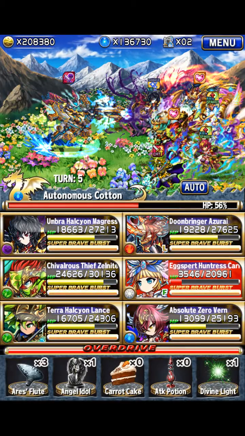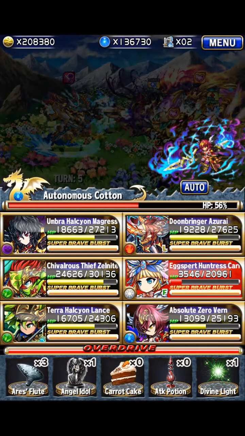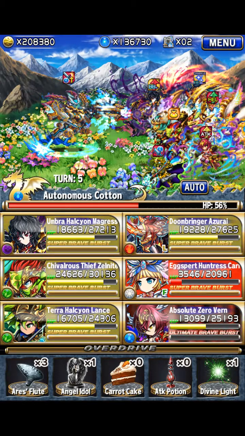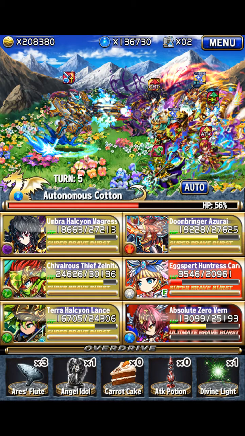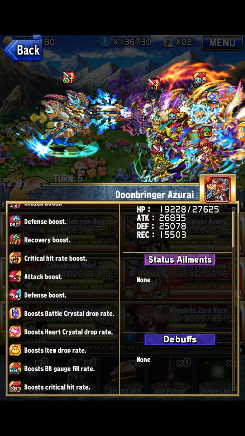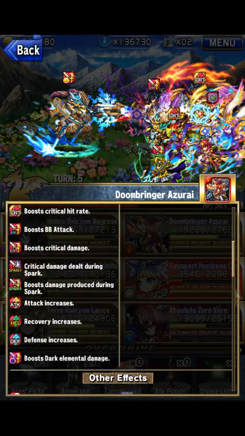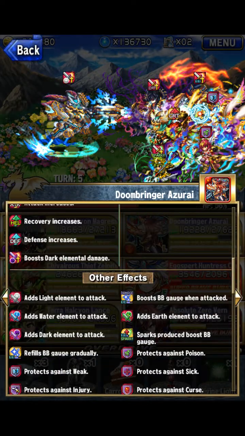All right, I'm going to use Vern's UBB. I'm going to try to nuke him down, but if it doesn't work, I'm screwed, because he will try to reduce. Okay, let's go ahead and... Hold on, let's see what buffs we got up. His self attack, defense, and recovery buff is still up. And his self critical rate boost is still up, but I'm sure that's only this turn. So let's go ahead and